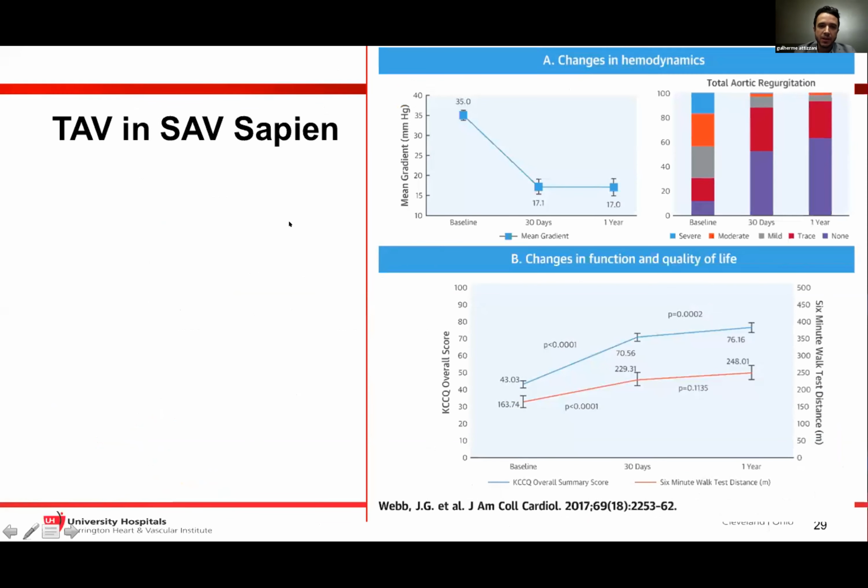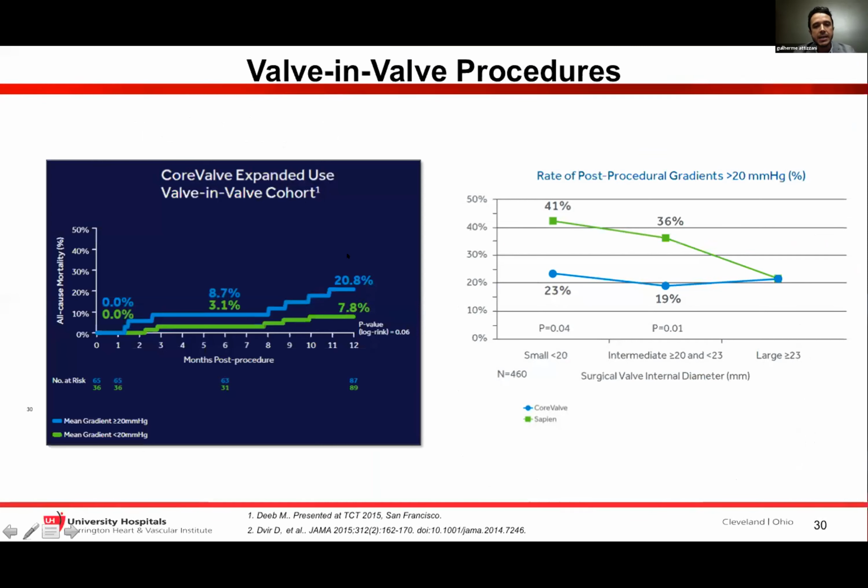This is data from the SAPIEN family. If you compare the difference in gradients for valve-in-valve here, 17 versus 11 in the Evolut family, there is definitely a difference there. Again, it is important to then understand whether those differences are going to translate into worse clinical outcomes. And apparently, according to this data, when you have mean gradients above 20 millimeters of mercury, there is an impact on long-term mortality after valve-in-valve. So there is an indication that high